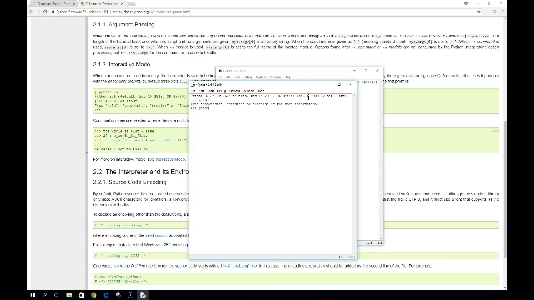Now, notice it changes color. That must be a good sign. It must mean we're doing something right. In fact, you can check it. If I type it with a capital P, notice what happens. Nothing. So one of the quirks of Python is most of your commands or things you're going